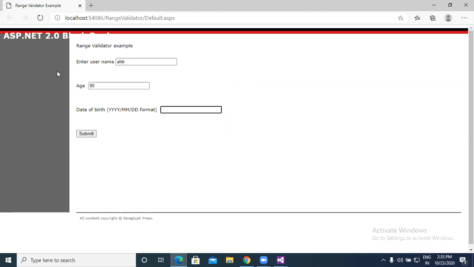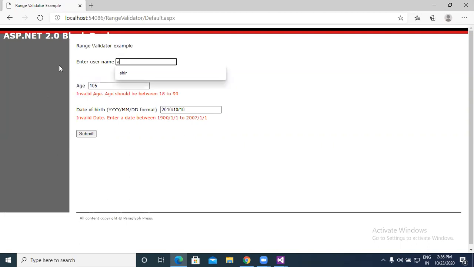And same thing here, one of the best examples, that is 1982 0109, it is accepted. So we can submit the data, right? That is possible with the help of this. And 2010 10 10. So the range is displayed here. We can put 105 and here we can put a wrong value.